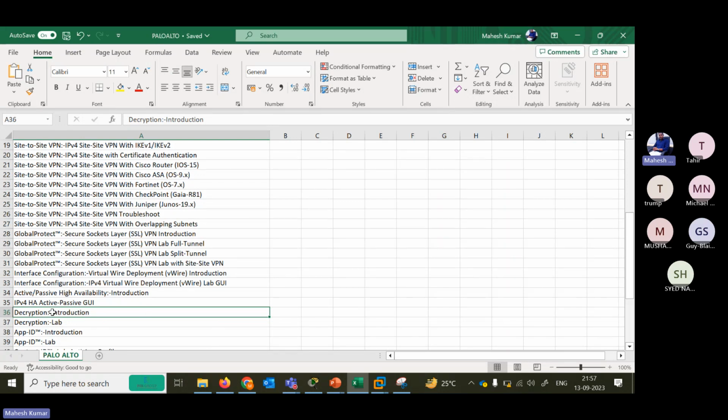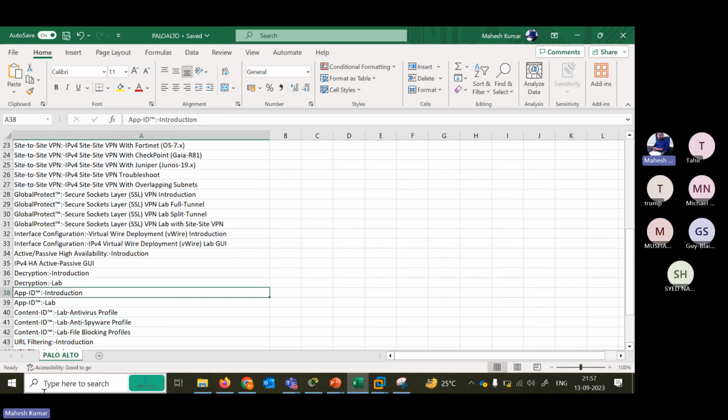If you are allowing some website filtering and other things also, that we are going to cover. But decryption is a very important concept. Once you understand the decryption, we'll go with the app id. So let's suppose app id, and if you talk about the application id, we are having a,